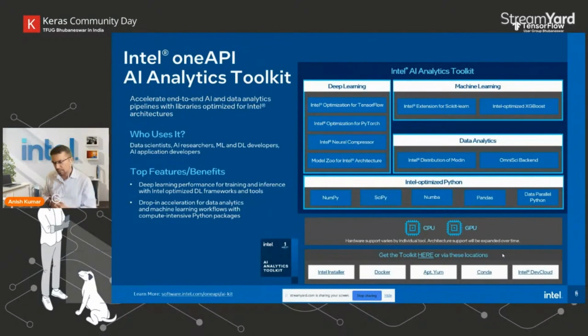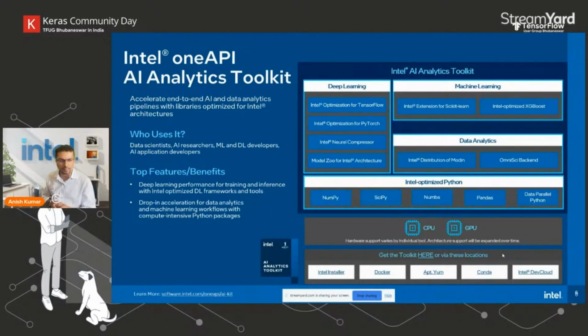There are competing software solutions that are specifically tied to specific hardware. But Intel oneAPI is an open standard. Intel is contributing to oneAPI, and there are many other companies actively contributing to oneAPI. And Intel has taken up these oneAPI standards and implemented them